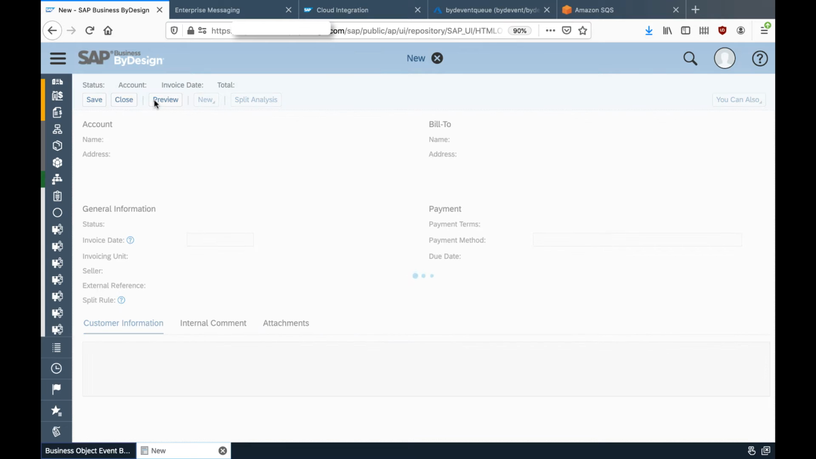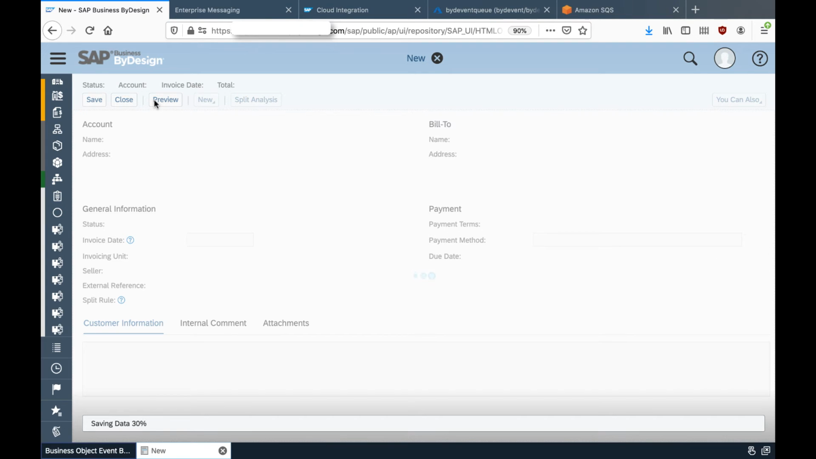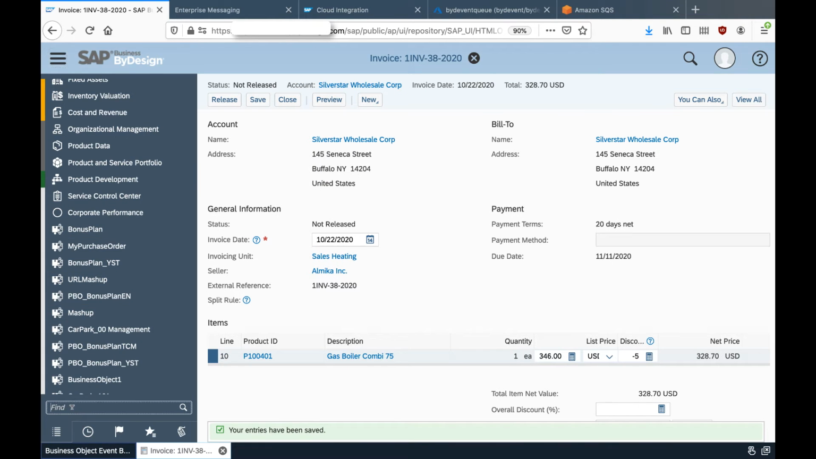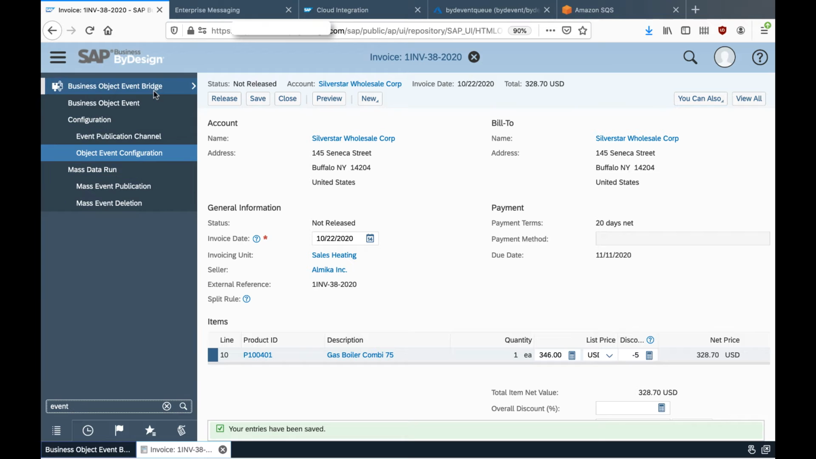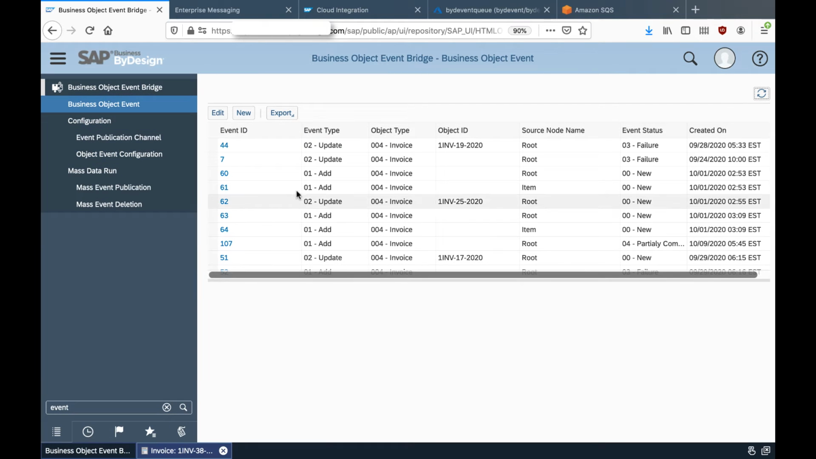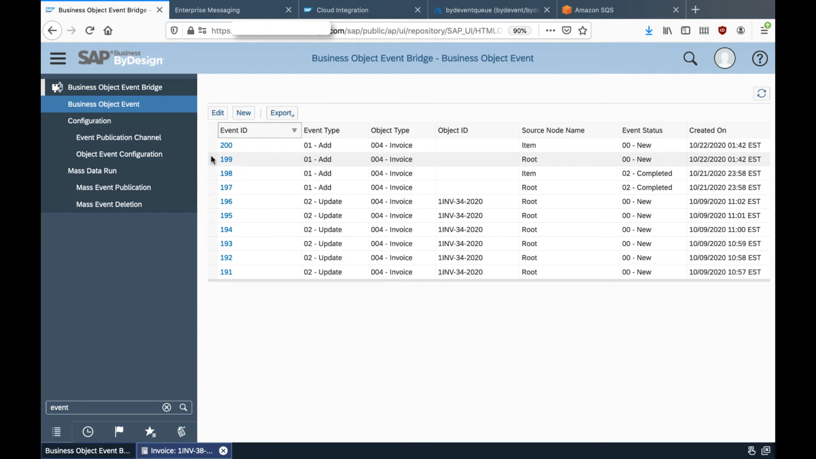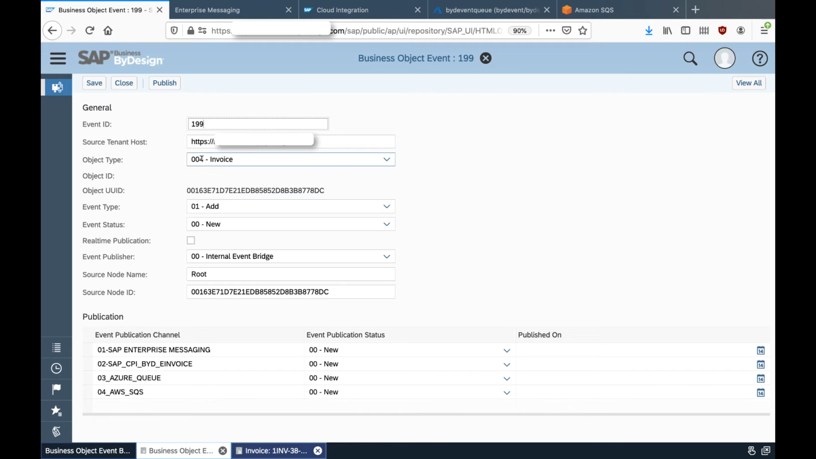and then save the invoice. So basically in the background it will trigger the process to generate the event and persist the event. Now let's look at the event. As you can see, 2 events have been created. The first one is for the root, and then it's invoice, and this is the object UUID, and it's a creation, and the event is new